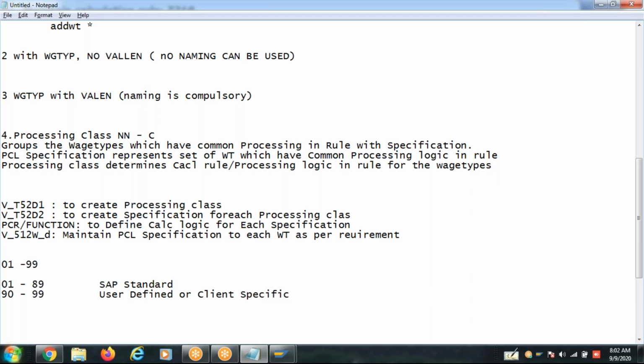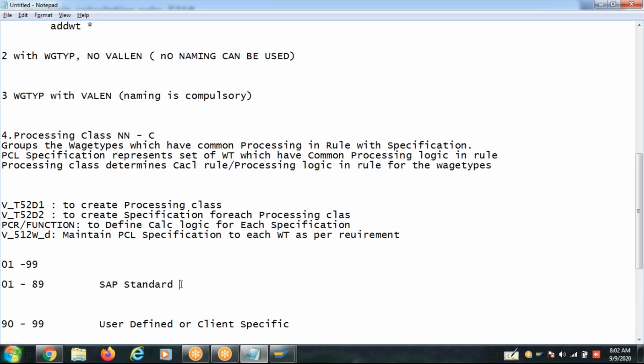So we can create new processing classes with a number between 90 and 99 when we have such scenarios, and 01 to 89 are standard. We cannot delete them. We shouldn't delete them. If you want to add a specification, you can add it, but processing classes must not be deleted.